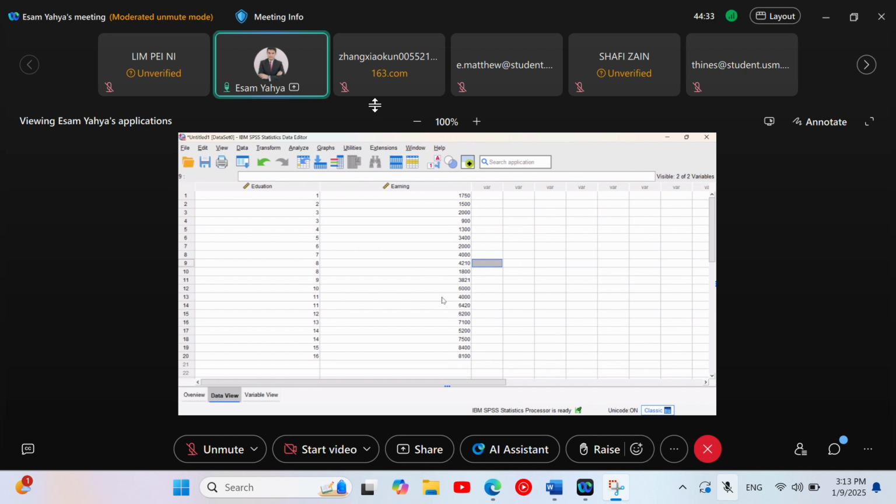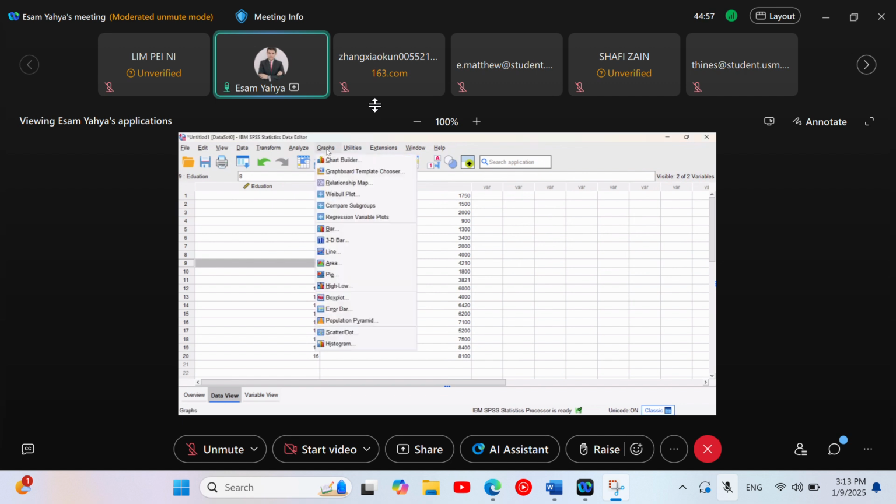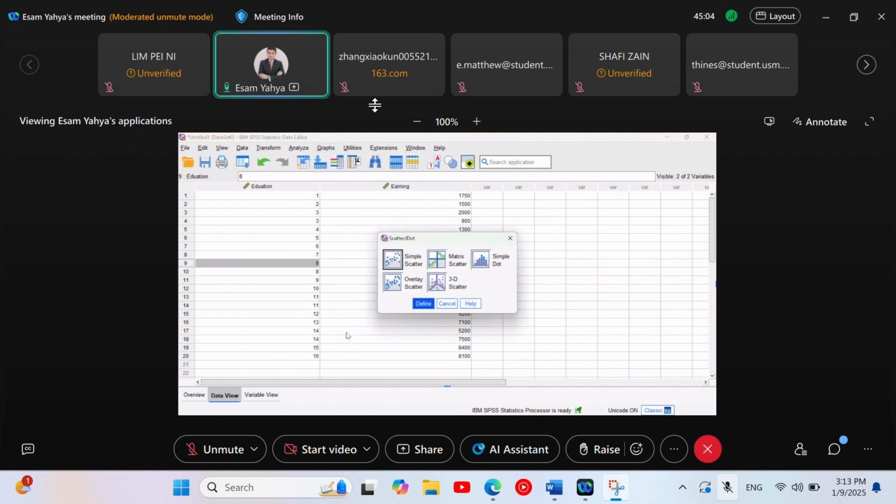It's not real data, but we have here education per year, 1 out of 16, and we have the earning. Here we have 20 individuals. We can use SPSS to do a scatter plot, to draw the graph. We can go to Graphs, and we can go for Scatter/Dot. You just need to click on this one and use